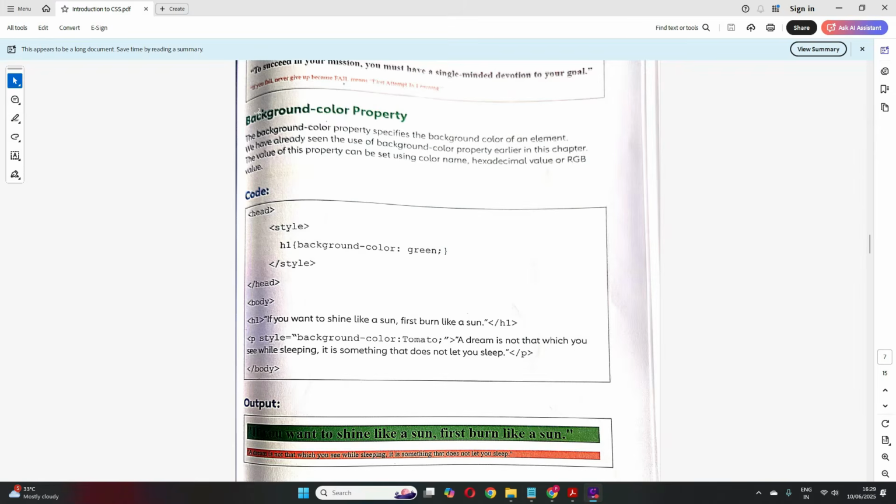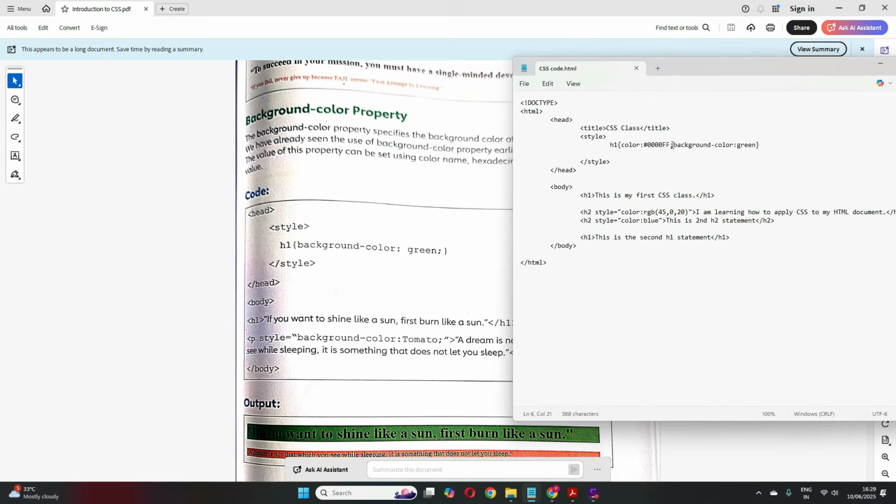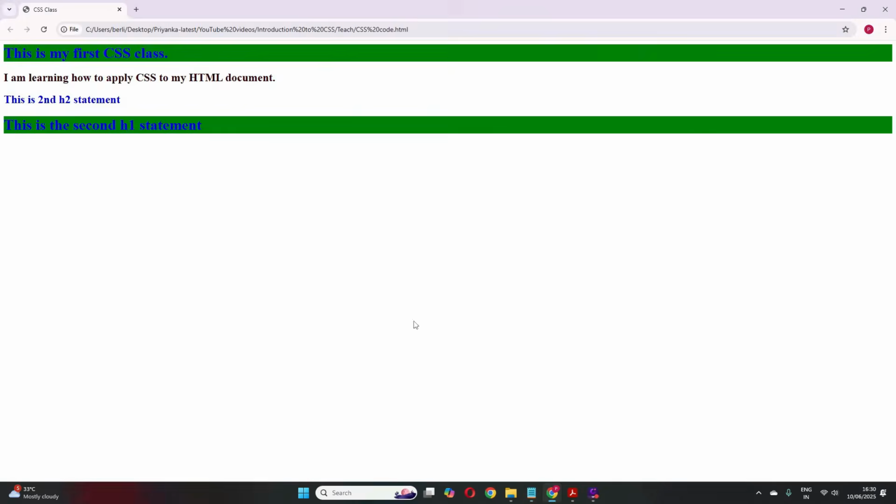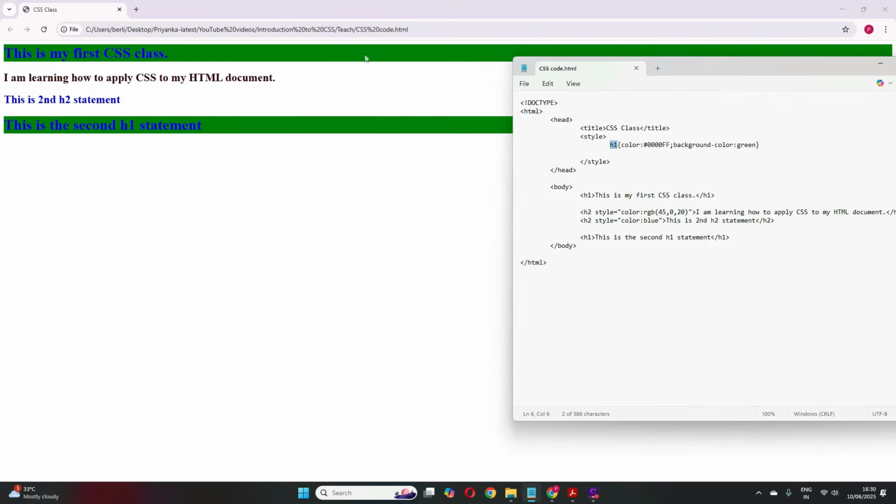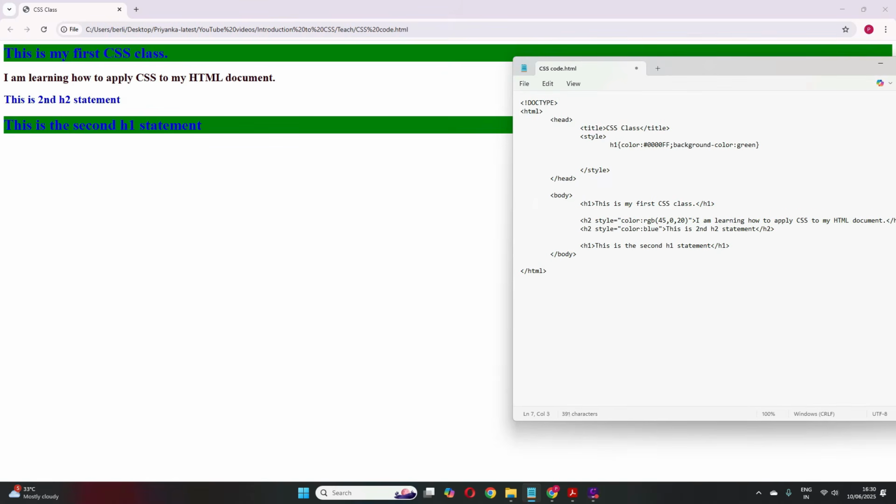Now let's move on to another CSS property, which is the background color property. This also we have seen here. You've seen I have written this background color with the value. So this is one property, and we can specify the color of the background we want. For each element, like here for H1, so when we run, the H1 element will have a green background, correct? If you want to give a background for your entire web page, then we can specify body with background color,